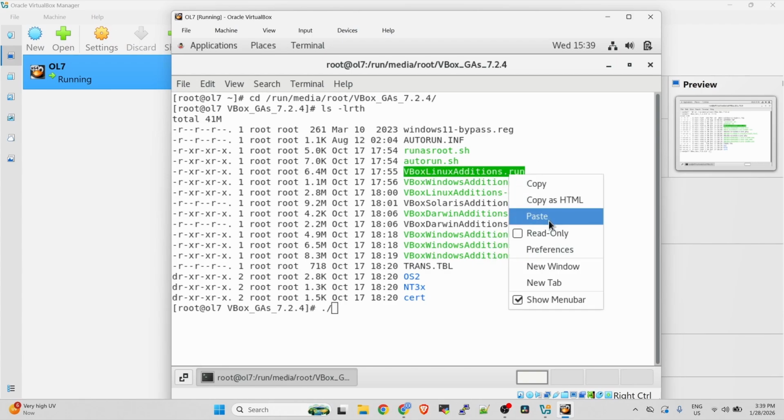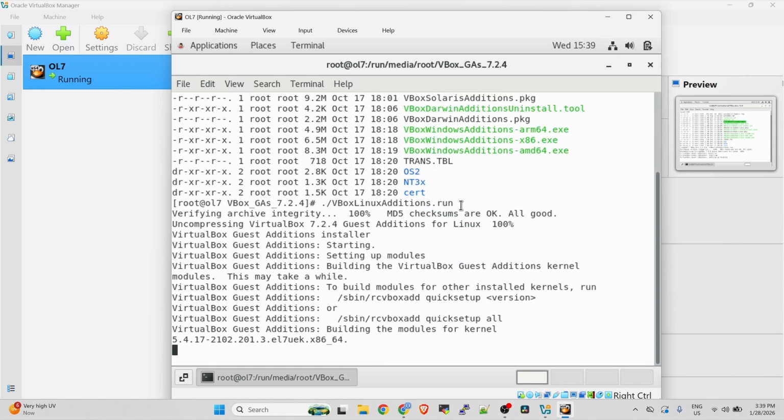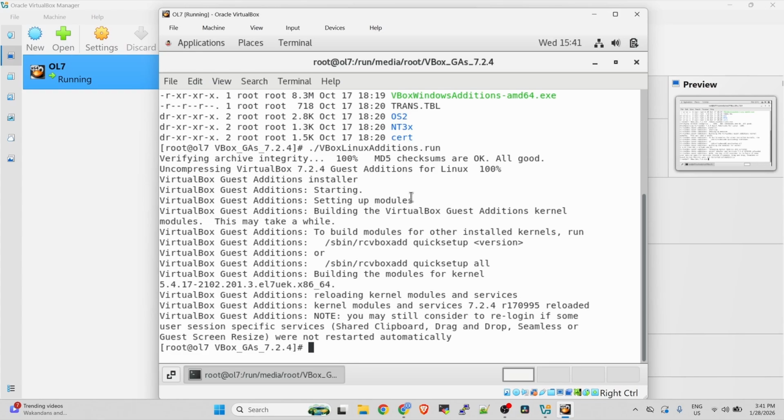So copy, then paste, and then enter. After this, we should be able to maximize our operating system and go to our host machine without clicking the right Control button. It's now done.